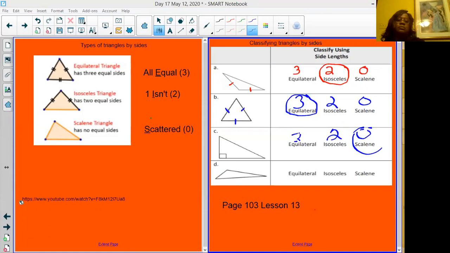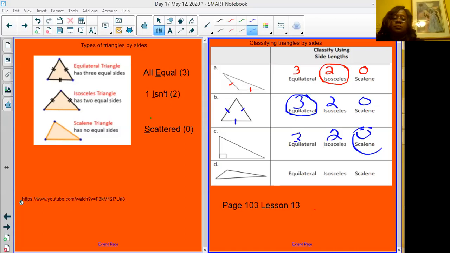If we have a triangle that has all equal sides, we call that an equilateral triangle. That means the measure of each side length is equal. Notice how I represent the measure of each side length with a tick mark. If we have 3 equal sides, we'll call it equilateral. If we have 2 equal sides, we call that an isosceles triangle. Remember, we can show that they're equal to each other with those little check marks. So if we have 2 equal sides, we call it an isosceles. And if we have no equal sides,